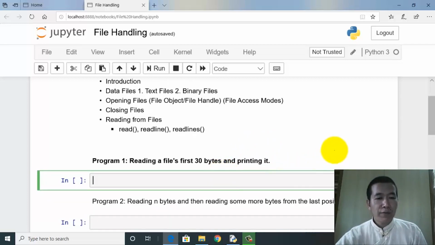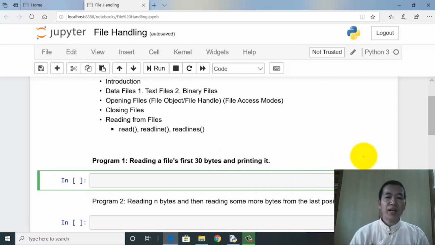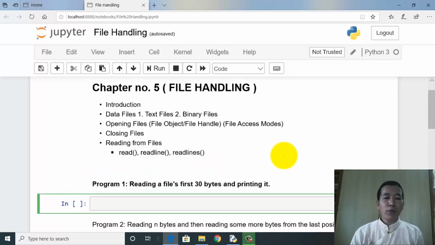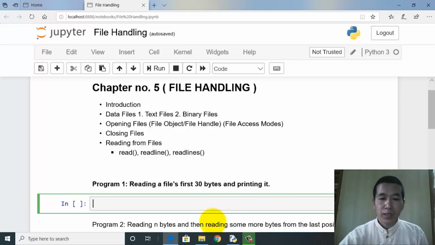Okay, so the first program says reading a file's first 30 bytes and printing it. Okay, so this is the question. But before you write a program, I need to have a file, because the very question is all about reading the information from the file. So let's go and create a simple text file.